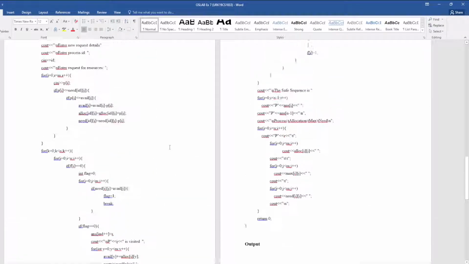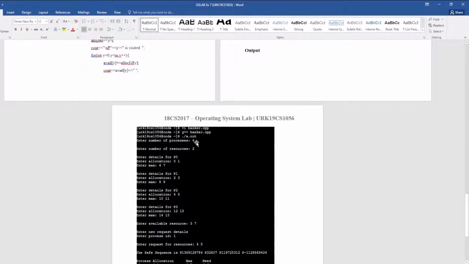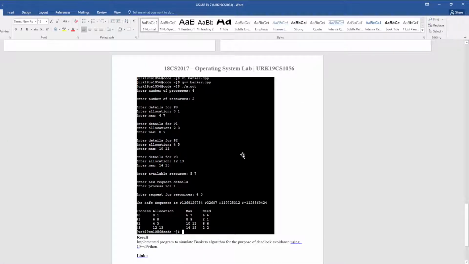Here, this is the code that we're using, and this is an example of Banker's algorithm where we give the number of processes and the number of resources per process, and then we allocate resources to each process, or we specify which resources each process will need, and then